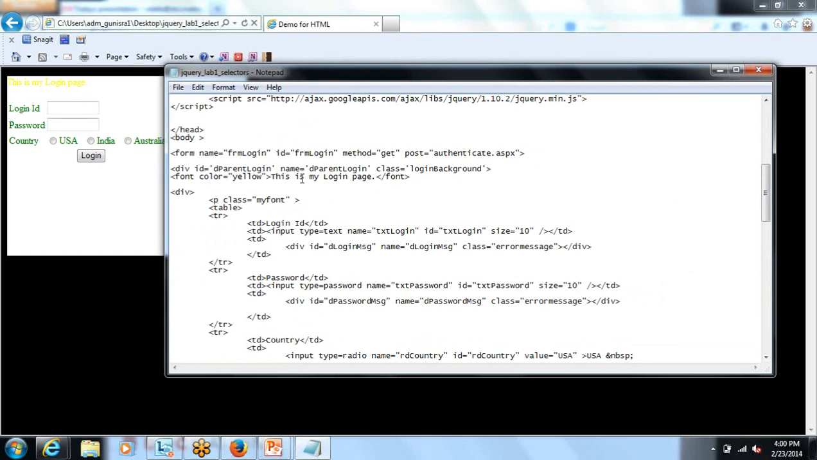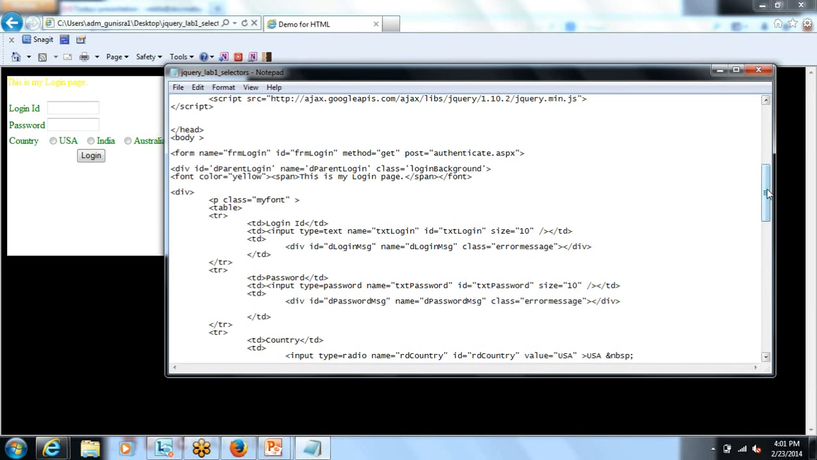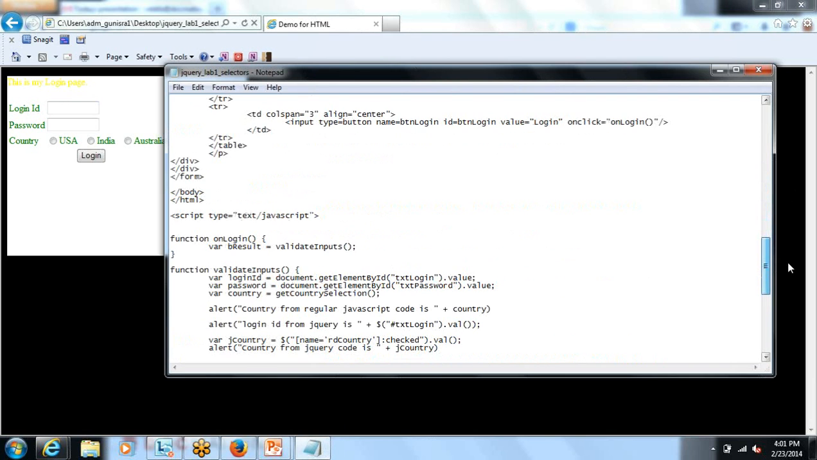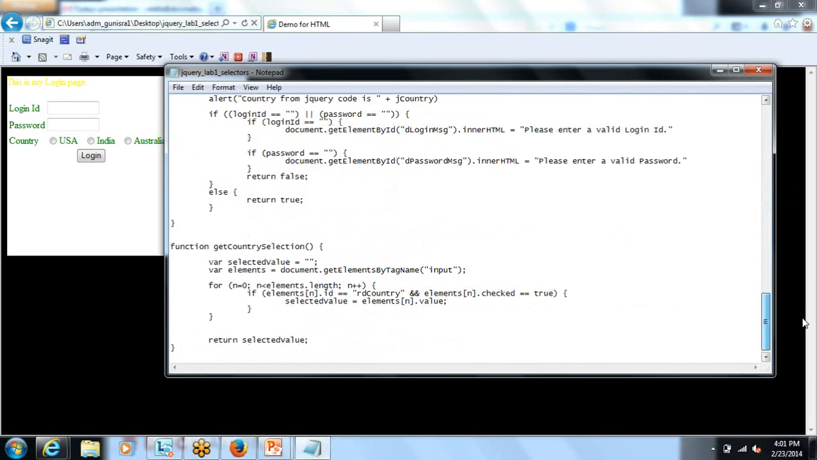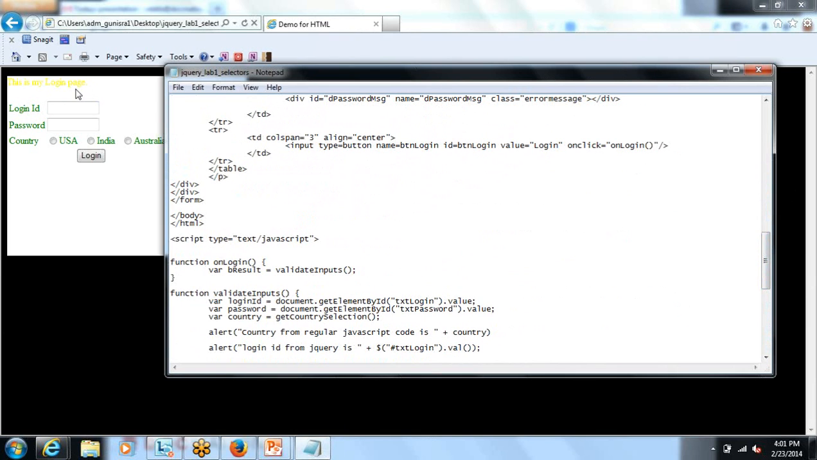So here, let's say I want to change, I'm going to put this login in a span tag, and I am not going to define an ID for the span tag, and I refresh the page, it is still in yellow. What I can do is, in the page load event, or by clicking on a button, whatever that event is, I can change the color. I would like to change the color of the text. I can simply do